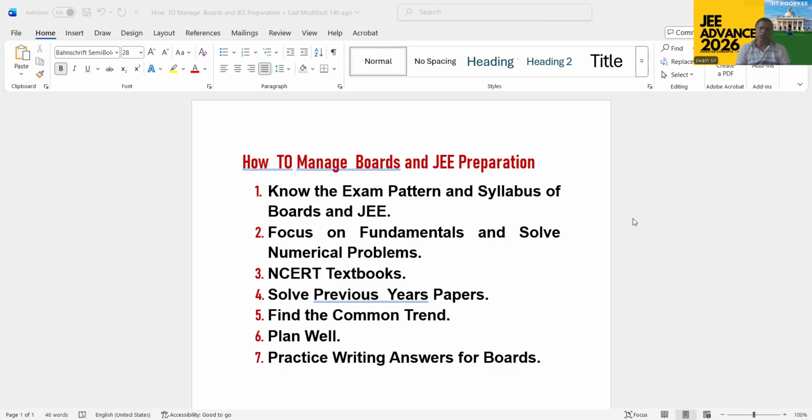From the year 2019, COVID onwards, JEE syllabus and board syllabus are quite different. Before that, around the years 2017 and 2013, in those years, JEE syllabus and board syllabus both are